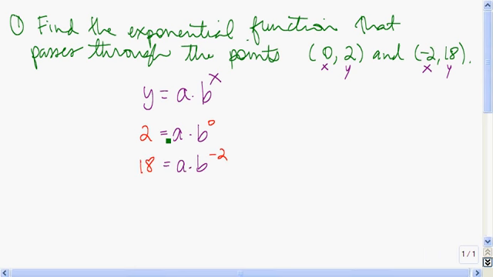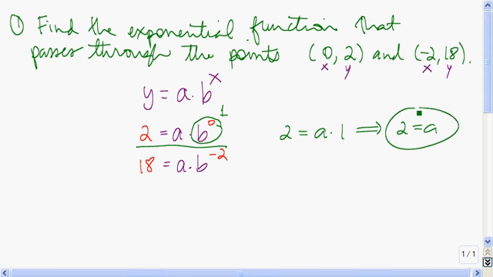Let's simplify the first equation. We have 2 equals a times b to the 0. Well, b raised to the power of 0 is just 1. So this becomes 2 equals a times 1, which says that a is equal to 2. Using this value of a, we can plug it into the other equation